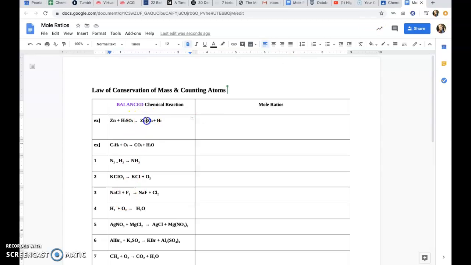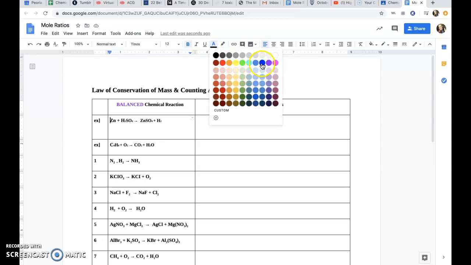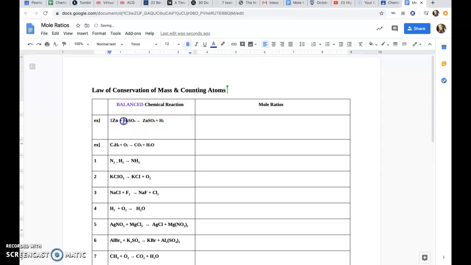On the first one, we'd say, okay, I've got one zinc here, one zinc here, those check out, two hydrogens here, two hydrogens here, those balance out, and then one sulfate molecule there, one sulfate molecule here, those are balanced out. So in this case, really, we have the numbers 1, 1, 1, and 1 in front of all of these. The mole ratios, then we could say, okay, 1 zinc